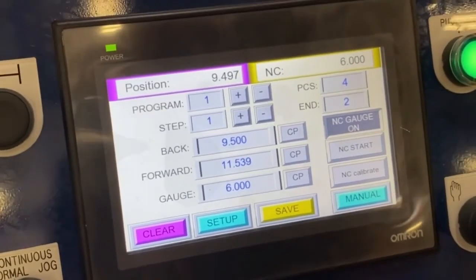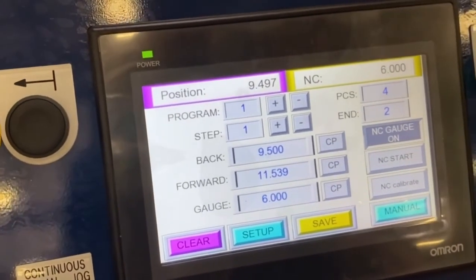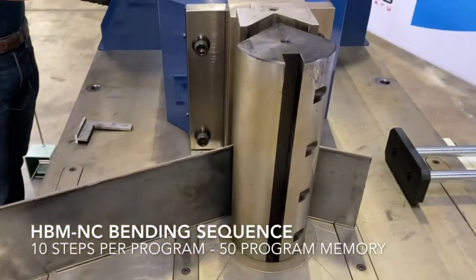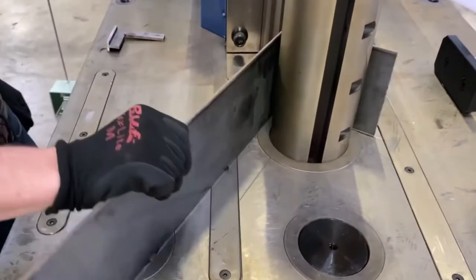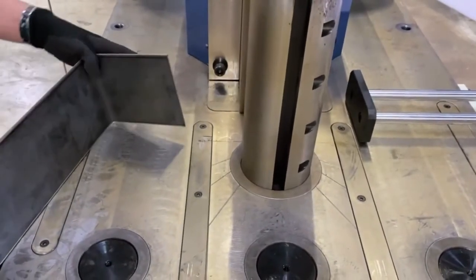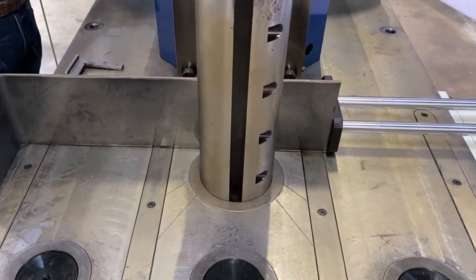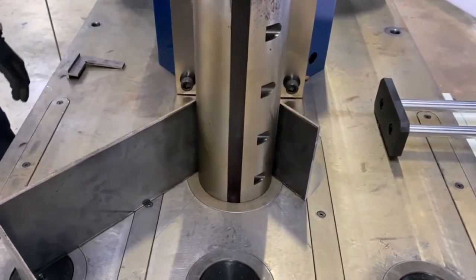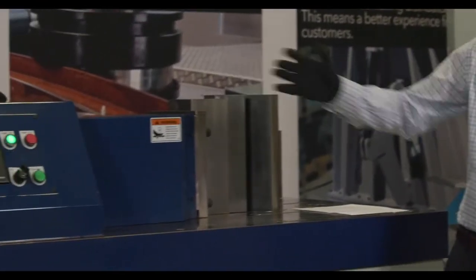So you have that gauge setting that you can adjust the location of the back gauge. So if you have a part with multiple bends, that back gauge can line up to any position that you want. Auto retraction is built in, and then as your bend is completed, the back gauge will move in and advance to the next position for you. Line up your material against the back gauge, and then you're ready for constant production with this machine as well. And that is available in 1 or 2 meter lengths, and we can add that either on the 45 or the 82-ton version. So now we want to talk about the programming of this